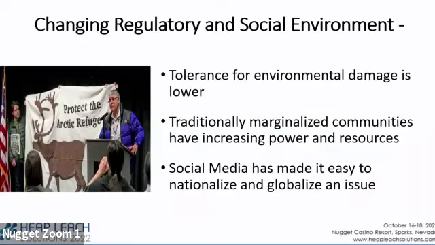But the world is changing. Today, both regulators and individual community members are increasingly scrutinizing every aspect of mining. Tolerance for environmental damage is lower. Traditionally marginalized communities have increasing power and resources, and social media has made it easy to nationalize and globalize an